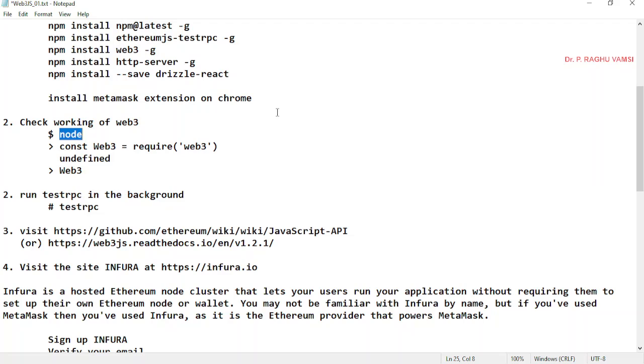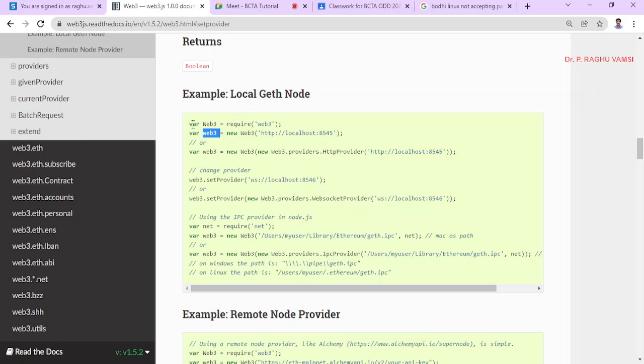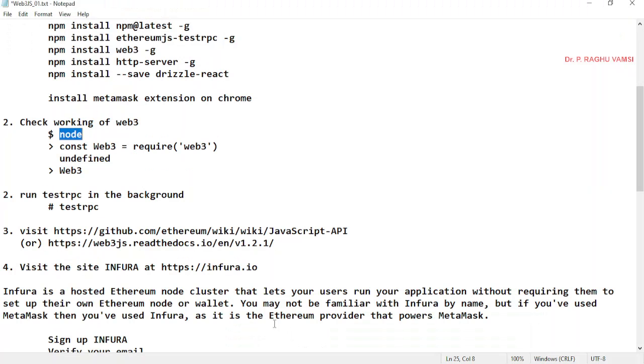For that there is a script tag with language equal to JavaScript, and within it we write the code: var Web3 = require of Web3, var web3 = new Web3 of the URL provided by TestRPC, which will be placed there.